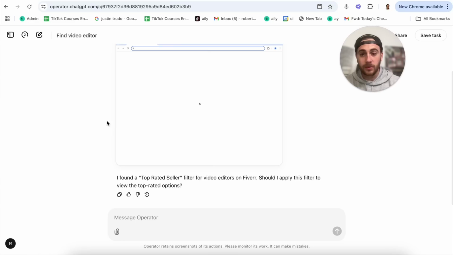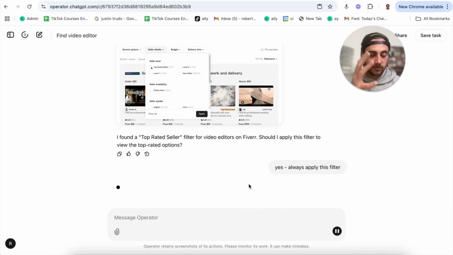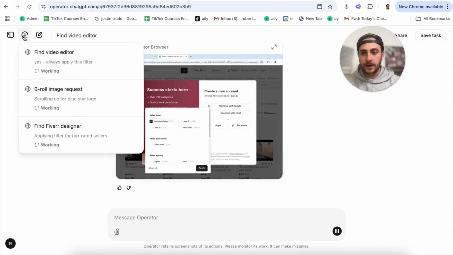For example, we have a new message under here. It says, I found a top-rated seller filter. Should I apply this filter? Yes, and I'm going to say always apply this filter. So if I have this do something again in the future, it knows that it should always be doing that. Now we could come back over here and check on the other thing that's going on,